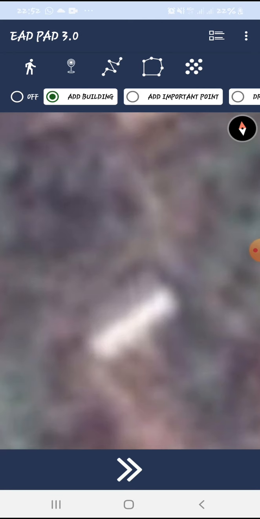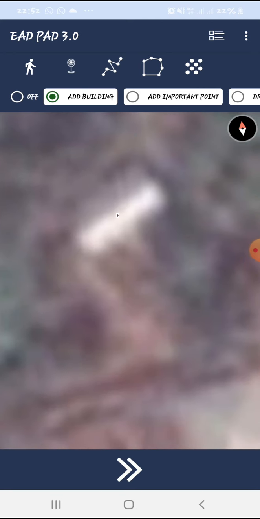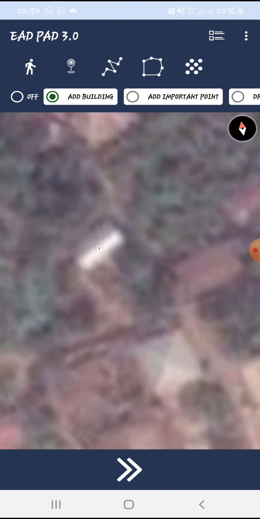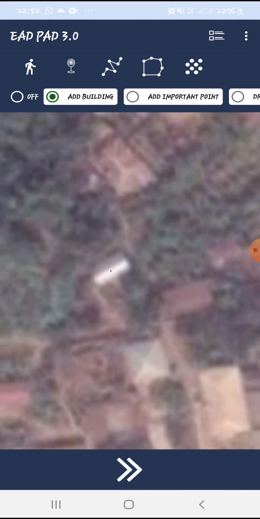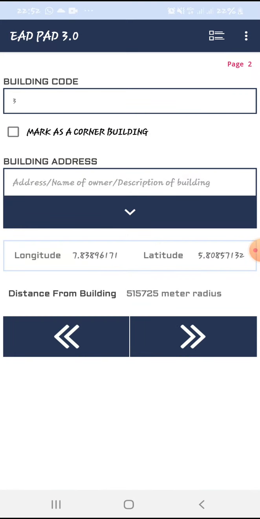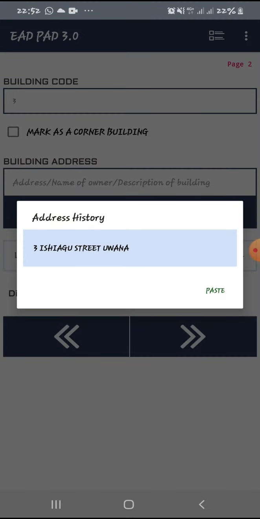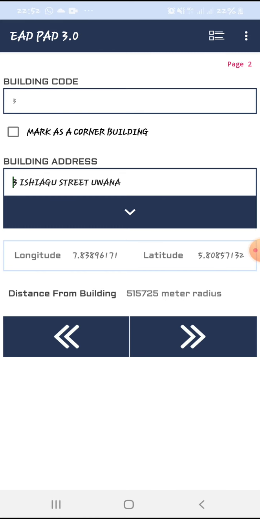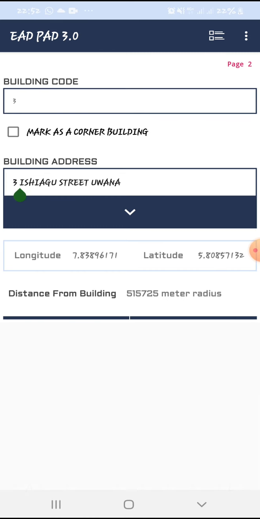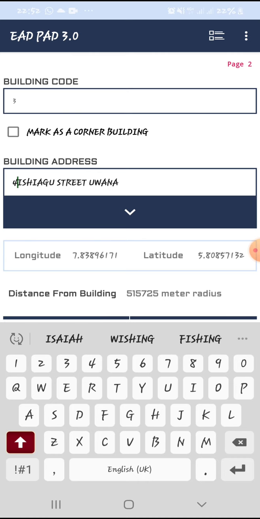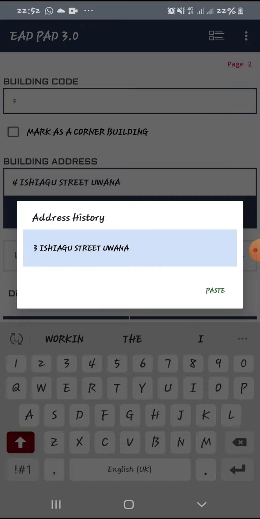Add building 3. I move forward. Number 3. I'm still in Ishiagu Street. All I need to do is to take up the drop down and now change the number. If it's number 4, Ishiagu Street, and then